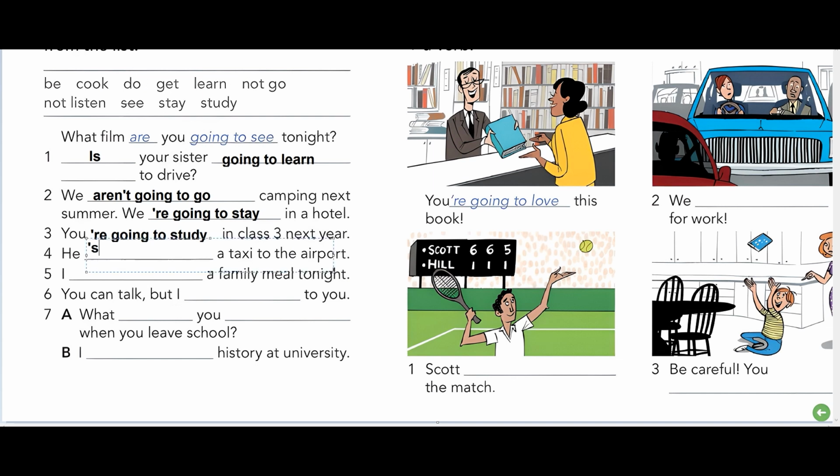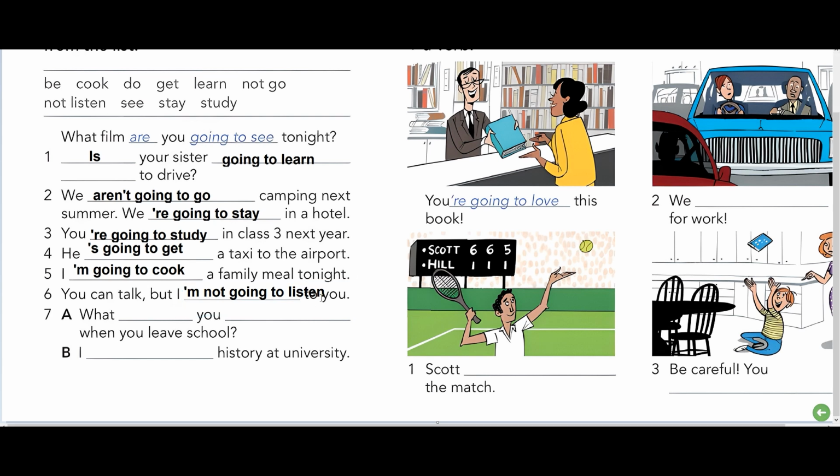So it's something like he's going to get a taxi to the airport. Number 5. I think I'm going to cook a family meal tonight. Next is you can talk, but I'm not going to listen to you.